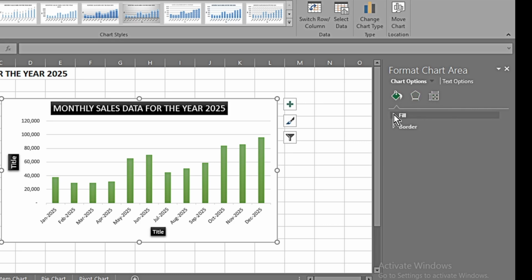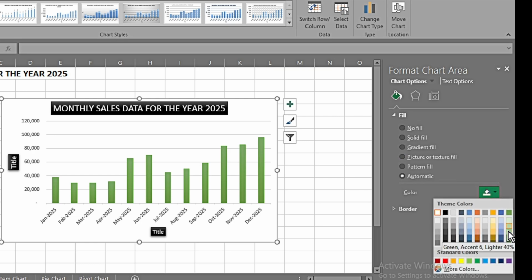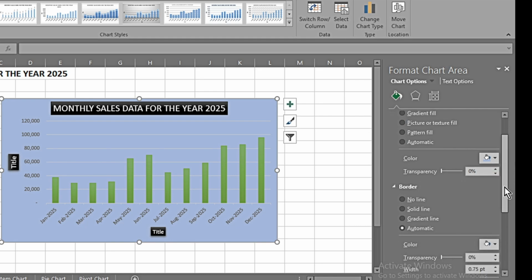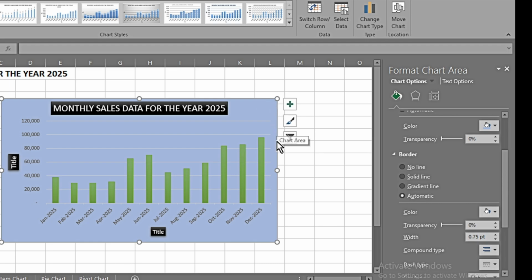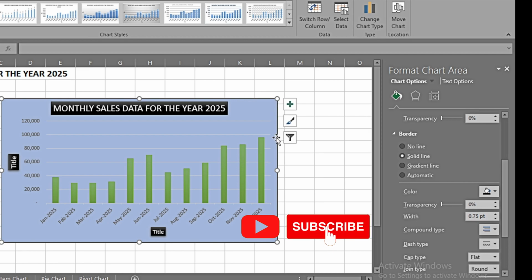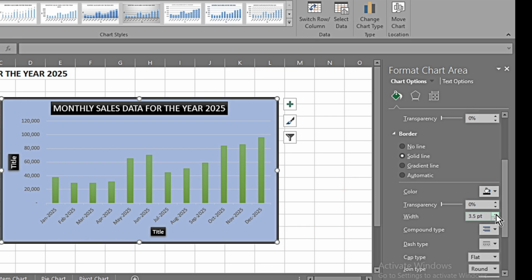So in fill, we can just click it, and if you want to change the color, for instance, if I select this to be blue, I can change the color like this. Likewise, we can change the color of the border as well. This is the border, this area is going to be the border area of the chart, so we select black color for it, and here we can see that it has added a black line to the border. If we want to increase the width of the border, we can just increase it.